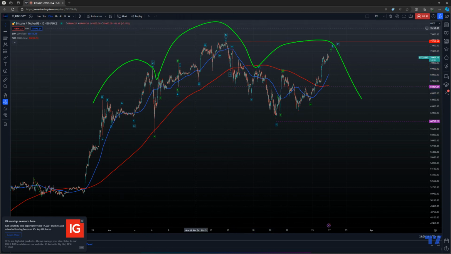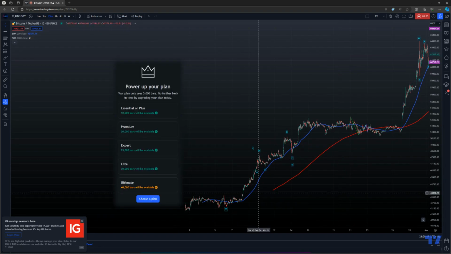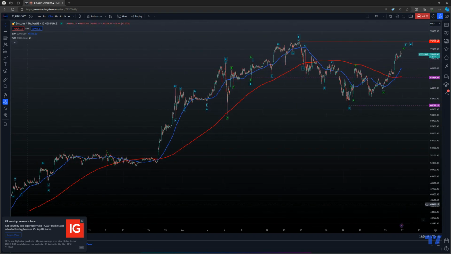So at this point in time, I'm not going to jump the gun and say the bull case is right or the bear case is right. Instead, I'm going to let the market speak for itself. I believe that if it does break this low, we will go lower and we'll probably have completed the entire move up since I posted that long idea or just after it, right?